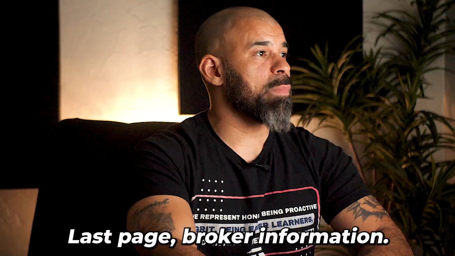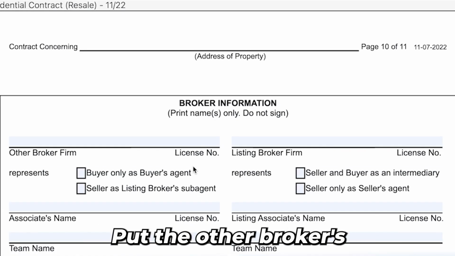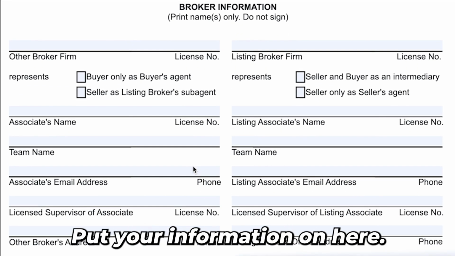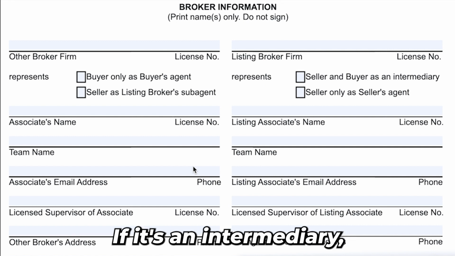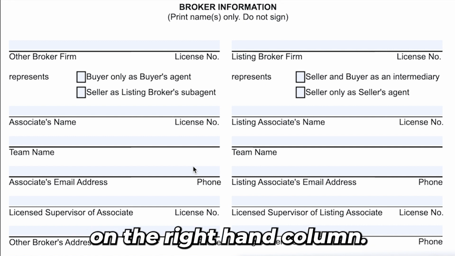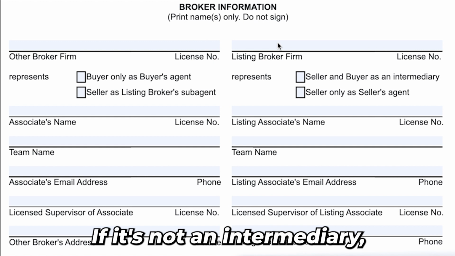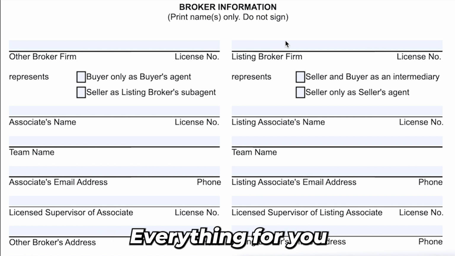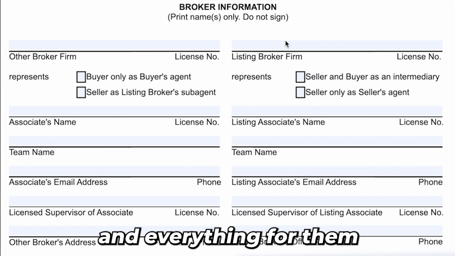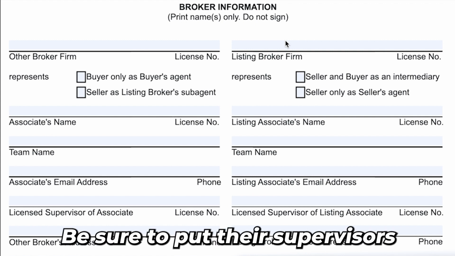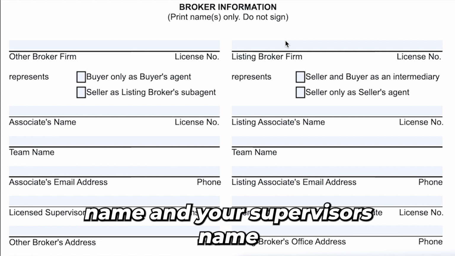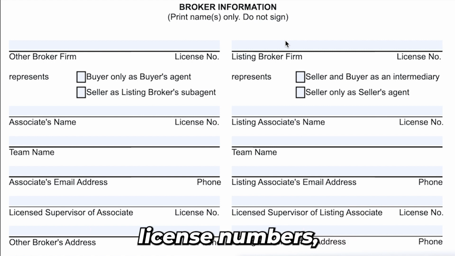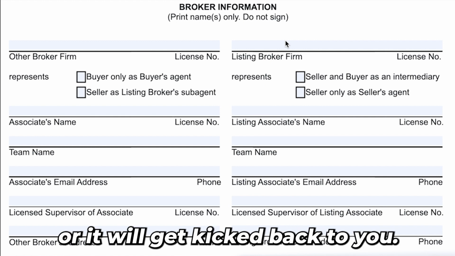Last page, broker information. Remember to be thorough. Put the other broker's information on here, put your information on here. If it's an intermediary, it all goes on the same side on the right-hand column. If it's not an intermediary, the agent representing the seller is not from your brokerage, everything for you goes on the left side and everything for them goes on the right. Be sure to put their supervisor's name and your supervisor's name. Be sure to put everybody's license numbers. Be very thorough. Fill out all the fields that need to be filled out, or it will get kicked back